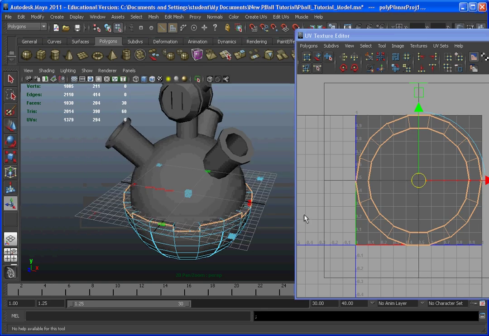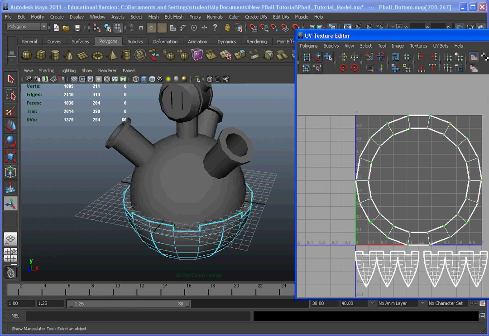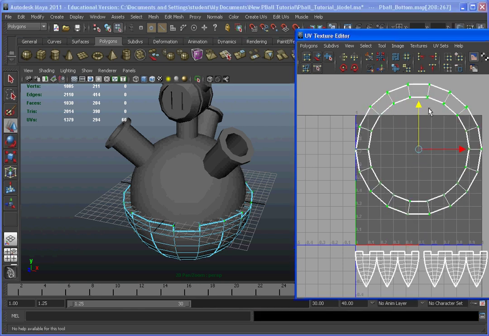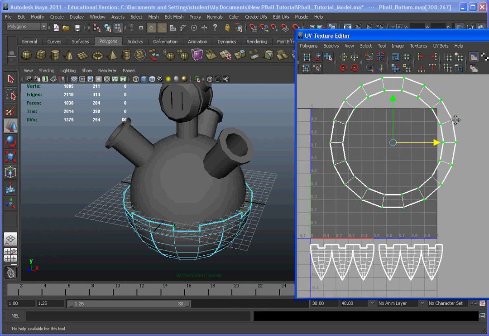Hit project, and you should see your UV screen change as well as your main windows change so that we have just that upper ring of edges selected. We're then going to go back to UV mode, select just those edges, use the move tool, and just get that a little off center so it's easier to work with. And now we need to start